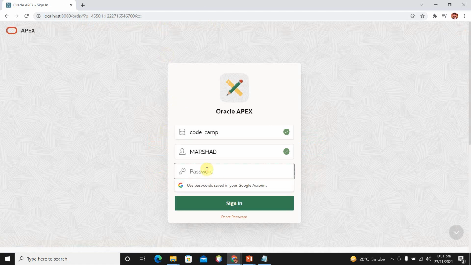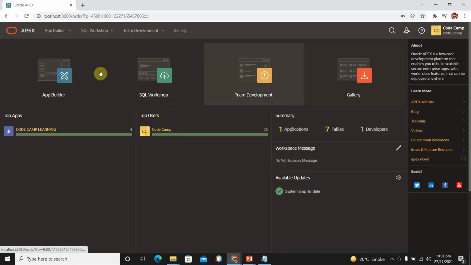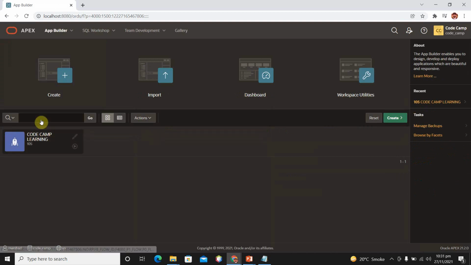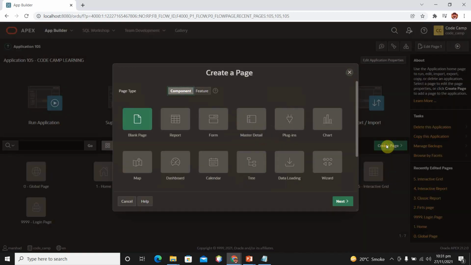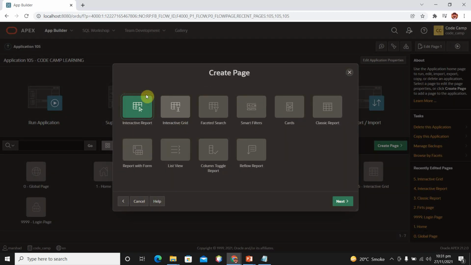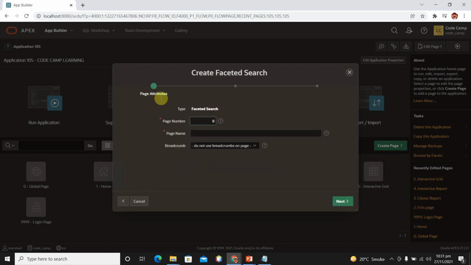Open your browser, go to your Apex and provide your password. In App Builder, select your application. I'm using CodeCamp Learning. Create a new page, report, and then we have faceted search.